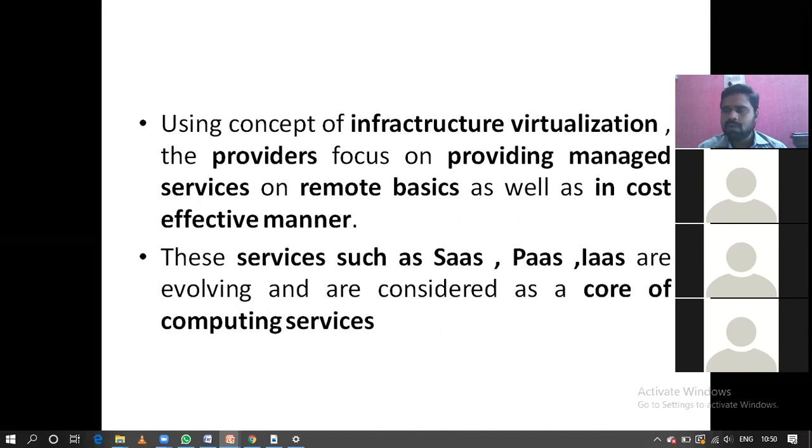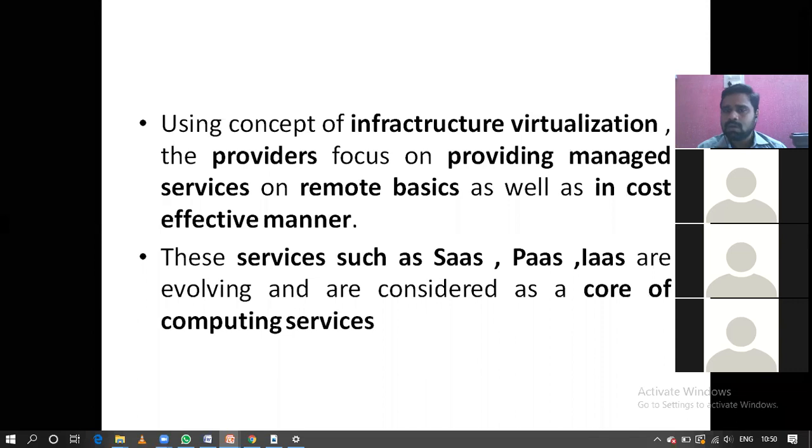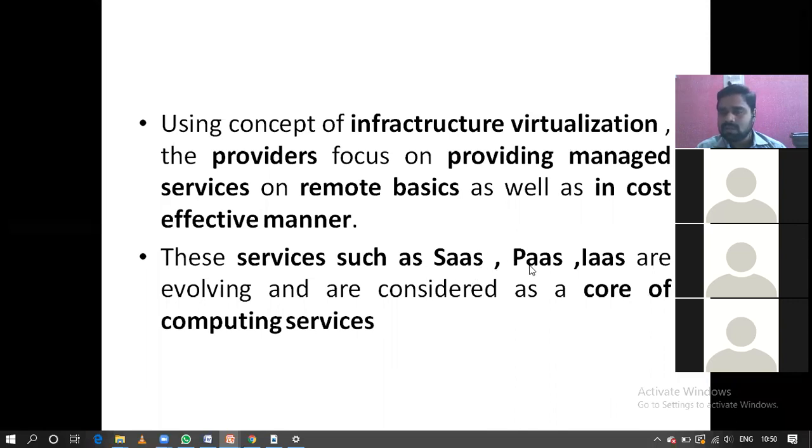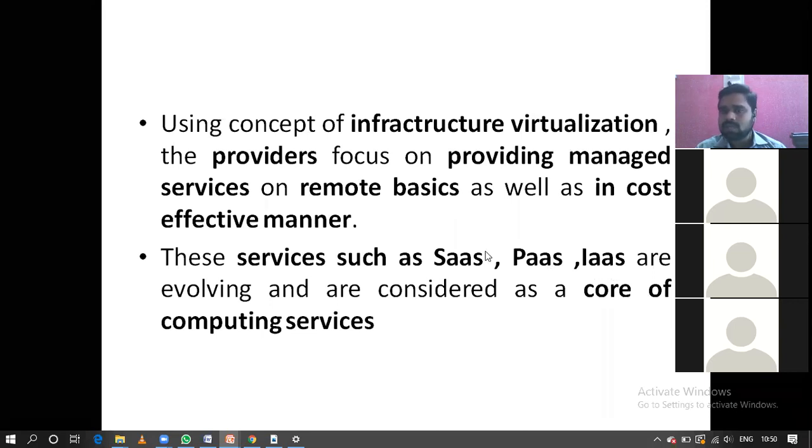There are different service providers, as we all know: SaaS, software as a service, platform as a service, and infrastructure as a service. These are the main services we utilize from the cloud. PaaS means platform as a service, IaaS means infrastructure as a service.